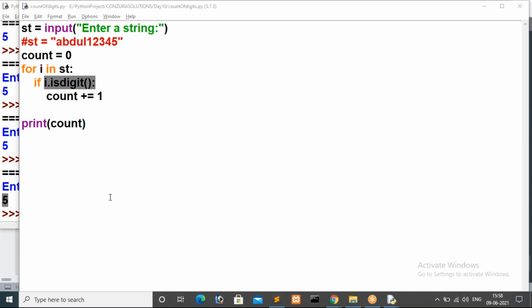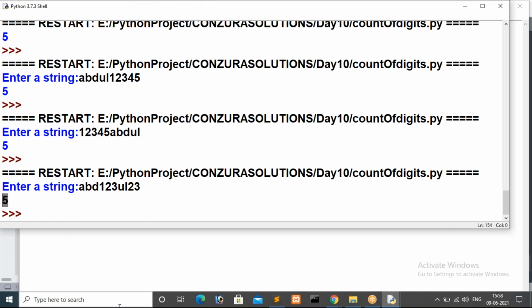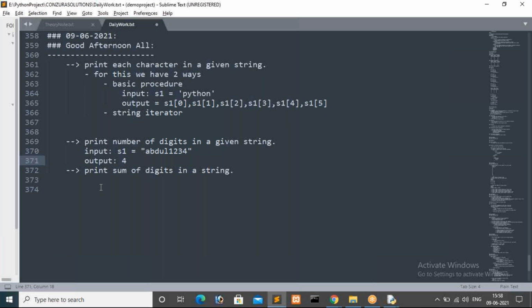Okay, now we will see another problem: print the sum of digits in a string. Till now we have been finding digits in the string. After finding the digits, we have to print the sum of the digits. So in this assignment we have to read a string from the user, say s1 is equal to Abdul 1 2 3 4.